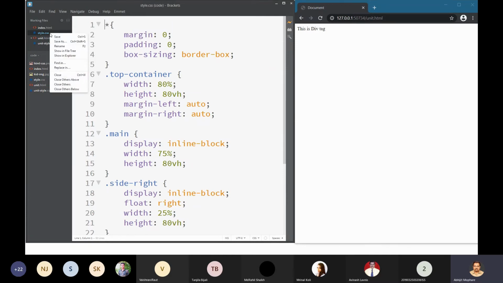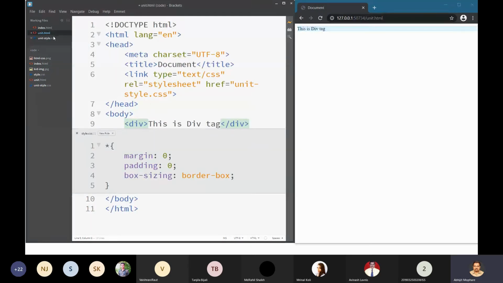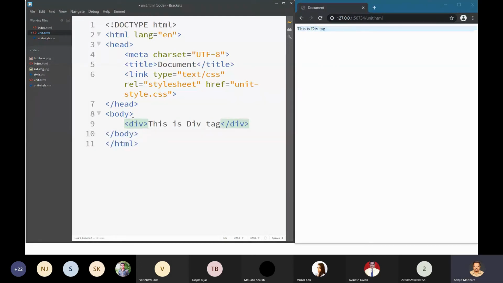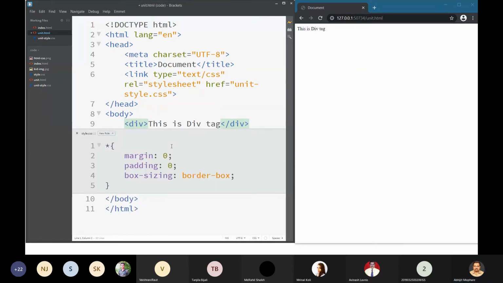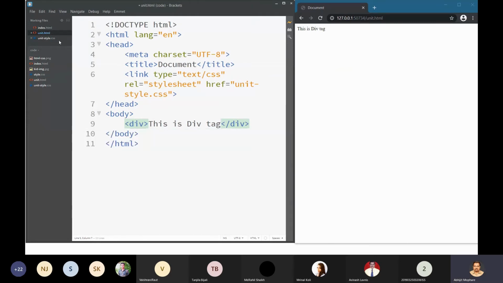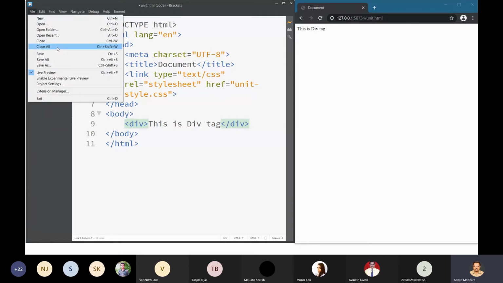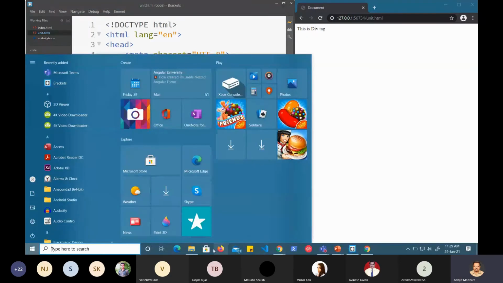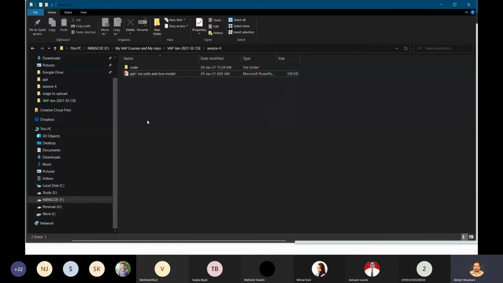So what I will do, I will close this file, because it was open, that's why it is showing that. There are two styles. Still it is taking style.css. Maybe I have to remove them, or rather we will create a new folder, because unless and until we understand what is SASS, we will not be creating any folder structure.